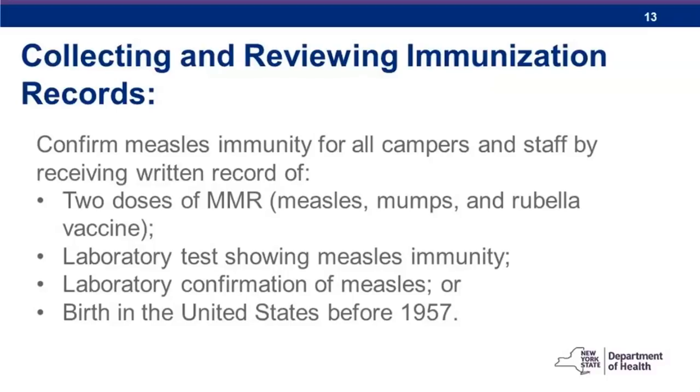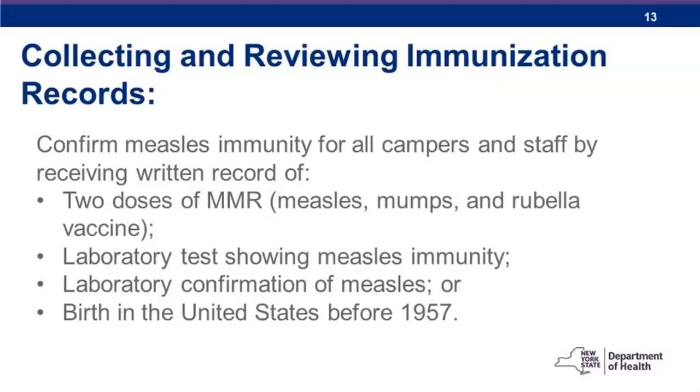Confirming immunity means having written records of 2 doses of MMR, measles, mumps, rubella, having a written record of a laboratory test showing measles immunity, having a laboratory test confirmation of prior measles infection, and birth in the United States prior to 1957. And we're going to talk about each of these just a little bit more, but I want